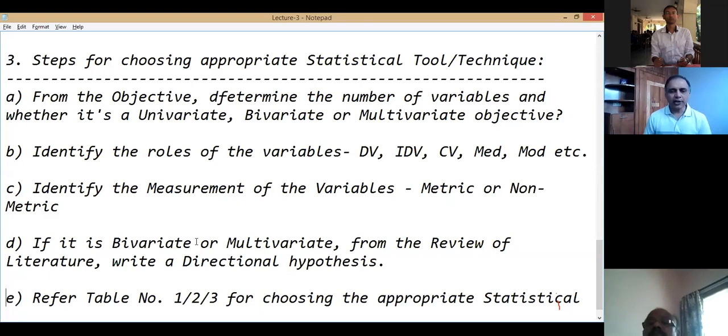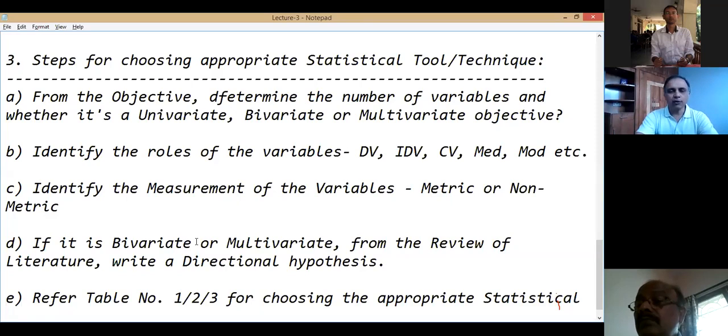The next, today we discussed identifying the measurement of the variable, that is metric or non-metric. I understand friends, this is a very exhaustive, very vast topic, and actually we should talk face-to-face. Here I'm going with one-way communication. You must be having millions of doubts in your understanding of metric, non-metric, nominal, ordinal. But let me just give you a summary once again. What sort of question will generate what sort of measurement? This is as per my understanding.